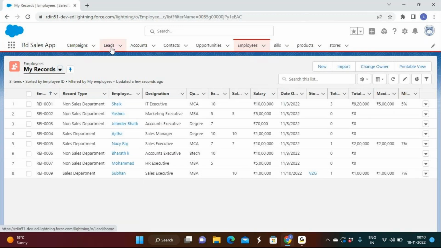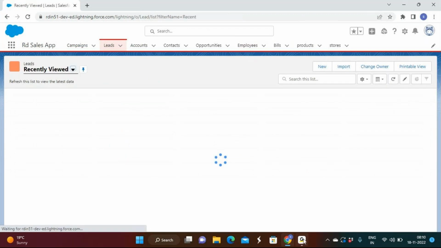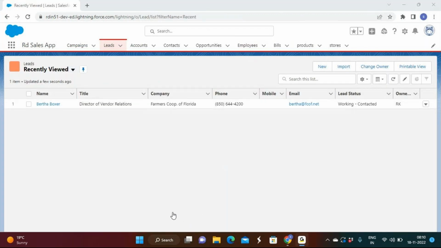So why do we use this concept? For example, let's say some person has left the company.